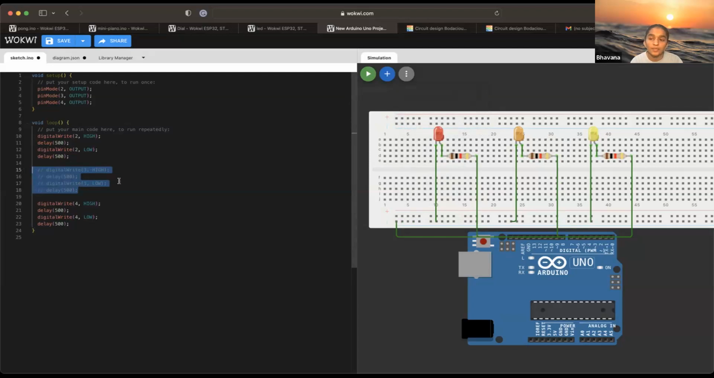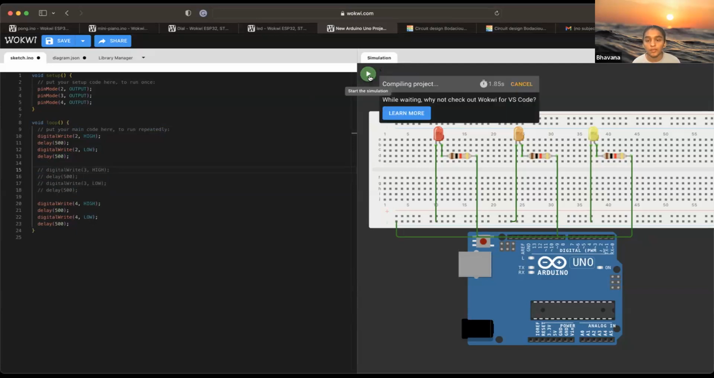Oh, I forgot to tell you about comments. So these are comments. Put your main code here to run repeatedly. These are comments. So this is English, but these are just notes that help the programmer understand what's happening in the code. So whenever you select something and hit command or control and then the slash button, then it'll comment it out. So if you hit run, the red and orange one should light up at the same time,